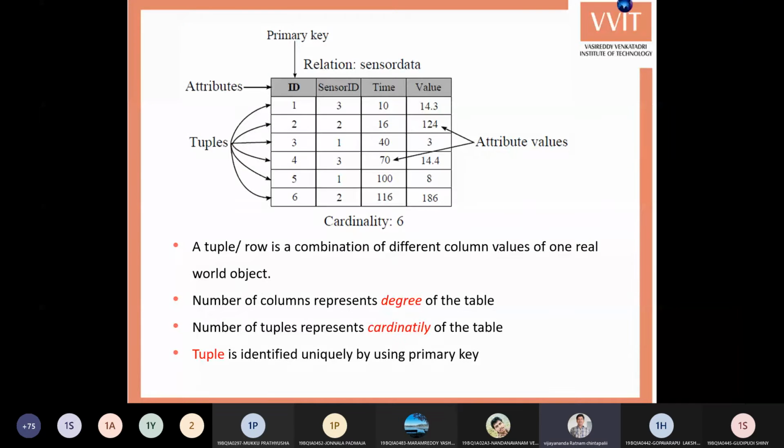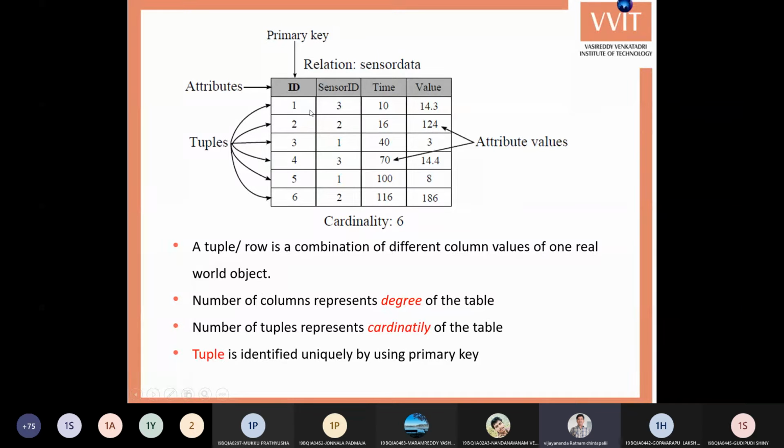In the relational model, everything is represented in the form of relations. Here we have a simple relation called sensor data. The number of attributes is 4, so the degree of the relation is 4, because there are 4 columns.